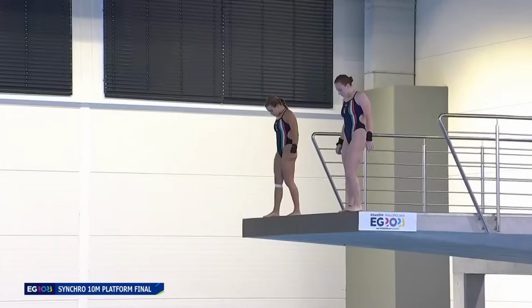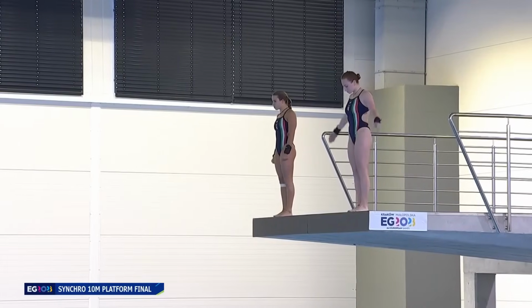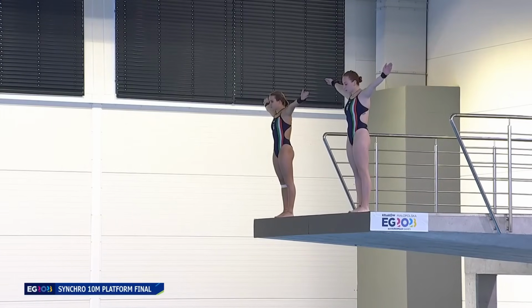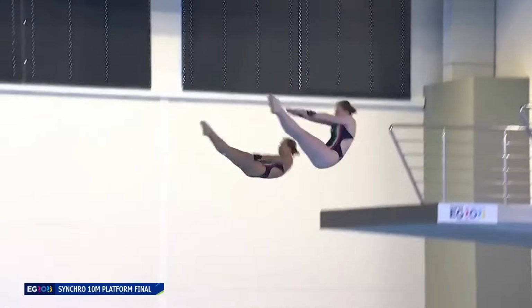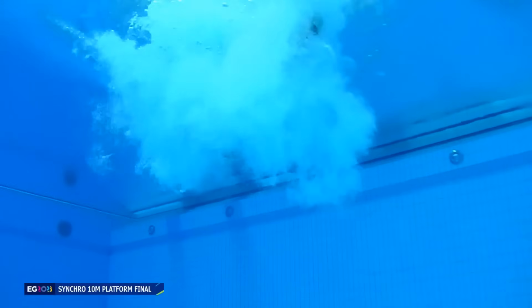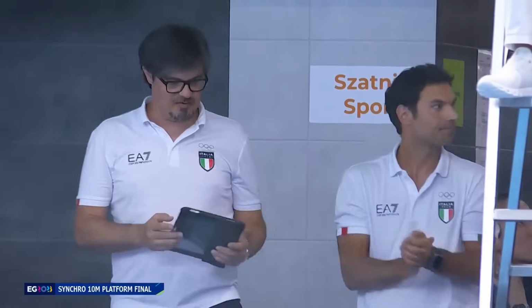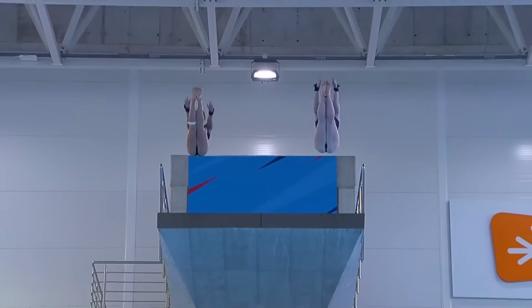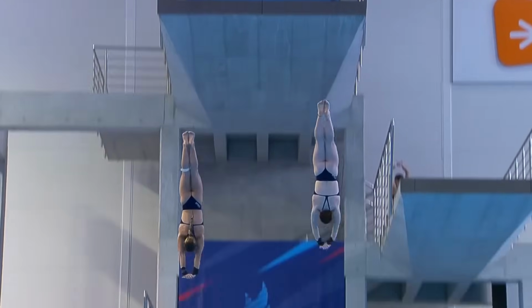Now Team Italy, same dive once again. They were in 5th place after the first dive. And once again it is Maya Biginelli who over-rotates on this dive, and she's a tiny bit ahead of time, but